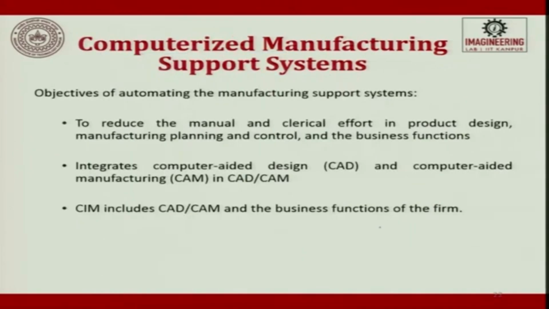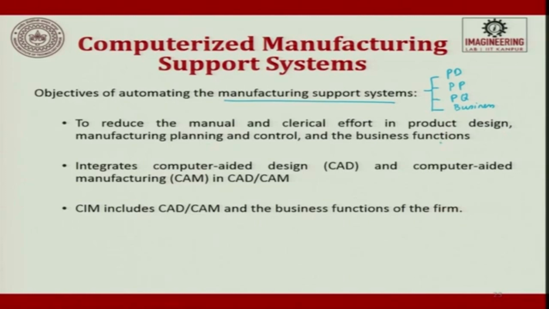So, the computerized manufacturing support system, the objective of automating the manufacturing support system. What are the support systems? I said product design, then process planning, then process quality monitoring, and then the business. Okay. So, now what are we trying to do? We are trying to automate this segment. Automating the manufacturing support system is basically to reduce the manual and clerical efforts in product design, manufacturing planning,